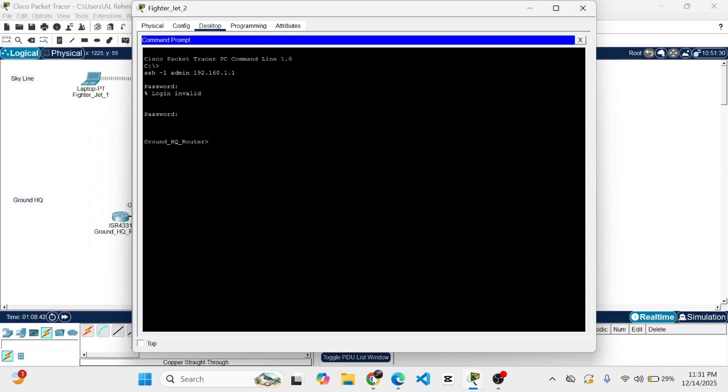Okay, so here when I put my password pl15, it is saying that it is now on Ground HQ Router. When this comes up, it means that your work has been successfully done. Otherwise it will not. For example,